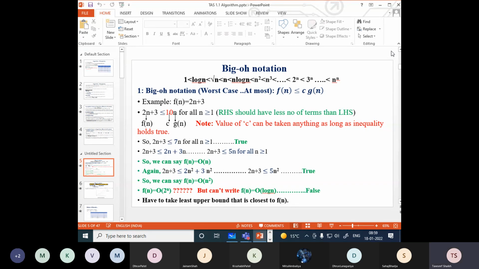So you see on the top, I have given some functions: 1, log n, square root of n, and so on. These are all the functions which we will be using for describing the time complexity of any algorithm, based upon the ascending order of their complexity. So the time complexity of an algorithm could be constant, like 1, 2, 3, which is the first term. It could grow like log n, and log n means,